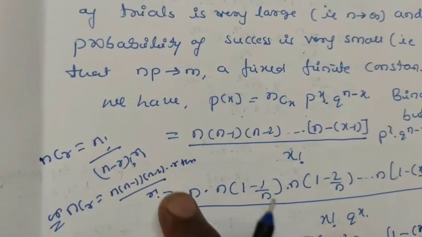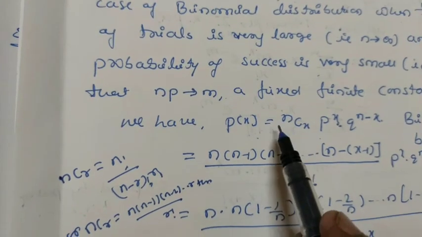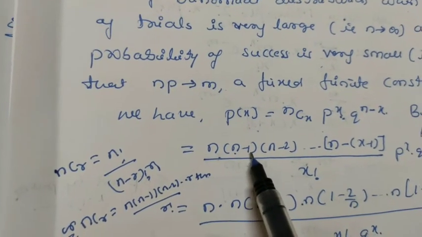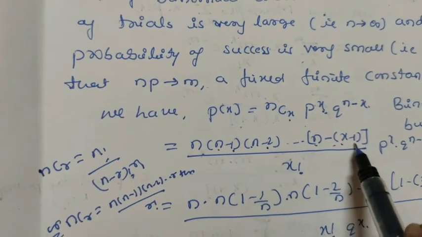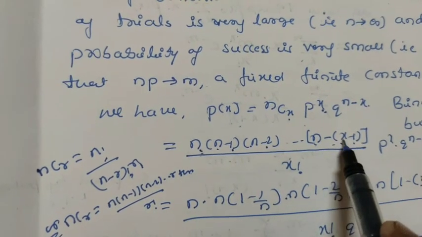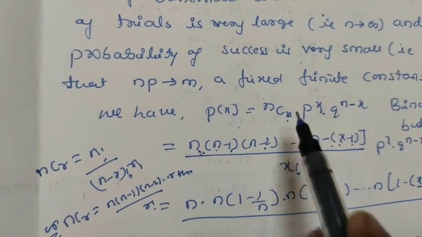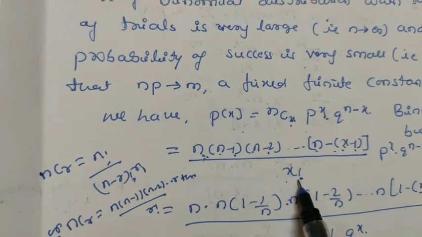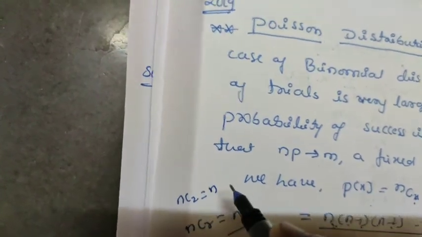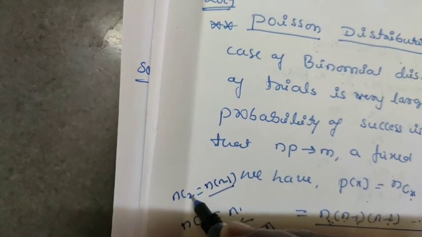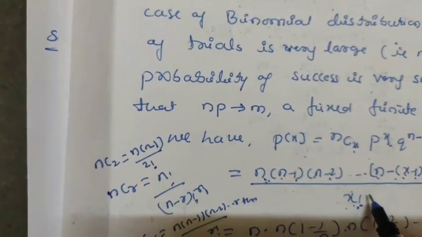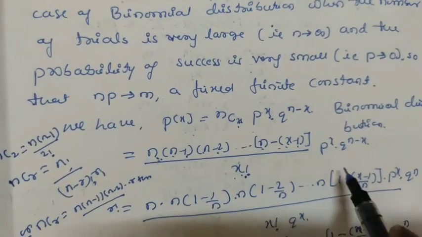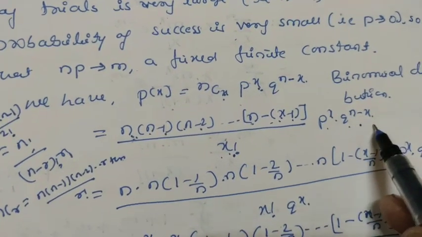This also we know here. Using this definition, we can have here ncx is equal to n into n minus 1 into n minus 2, etc. up to x terms. So it is n minus x minus 1, because you have one term here, and this x minus 1 plus 1 is x terms divided by x factorial. I told you many times, this nc2 means n into n minus 1, take two terms divided by 2 factorial, like this. So we can have the expansion of ncx like this, into this p raised to x into q raised to n minus x as it is.